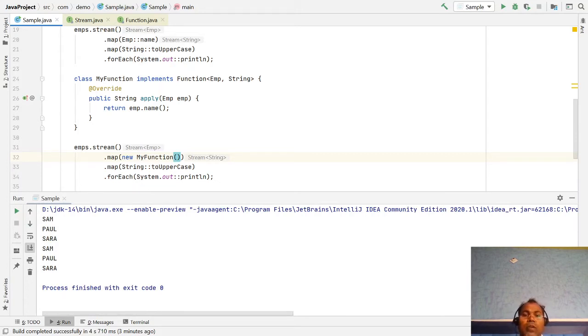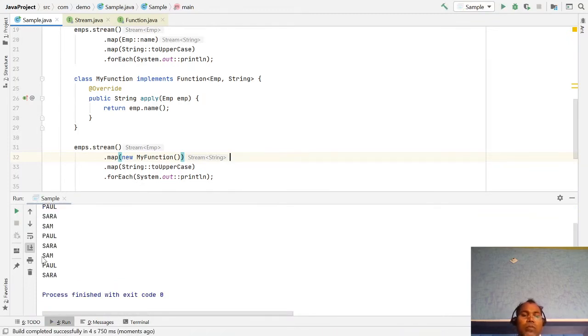My interface. Okay, and if you run this program, it also works.